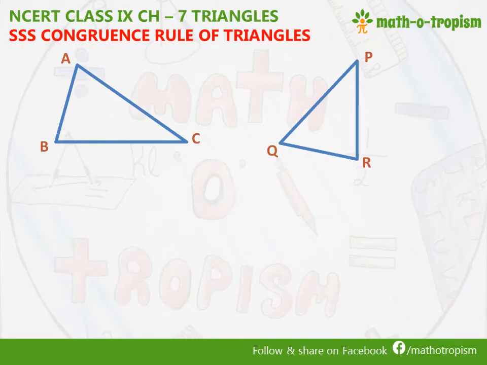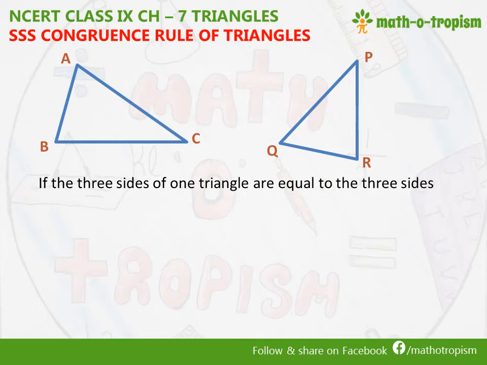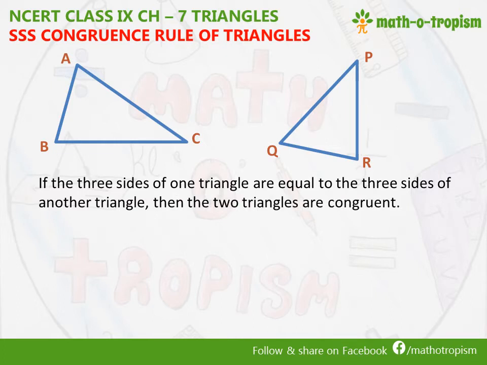Now next we will go to see the different congruence rules which can be applied to triangles. There are different ways in which we can prove the congruency depending on what has been given in the sum. Sometimes the sides are equal, sometimes the angles, sometimes a mix and match of angles and sides are given. So we will start with SSS. SSS means the three sides are equal in the given sum. So if, when we are assuming two triangles like these ABC and PQR, the three sides of one triangle are equal to the three sides of the other triangle, then the two triangles are said to be congruent.